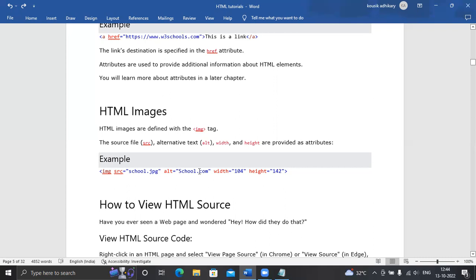The image is not displaying, but you can see that name, school.com. When the image does not display, the alternative text is shown instead. And by using width and height, you can fix the width and height of the image you want to show on your website. Understood? Are you getting what I am trying to tell you?